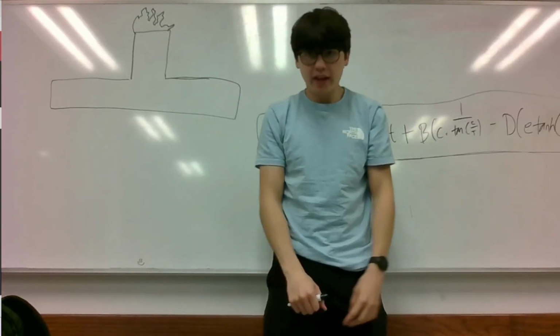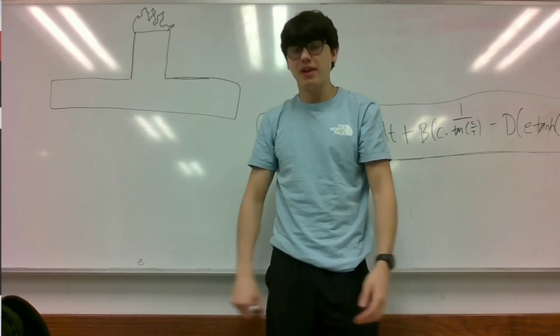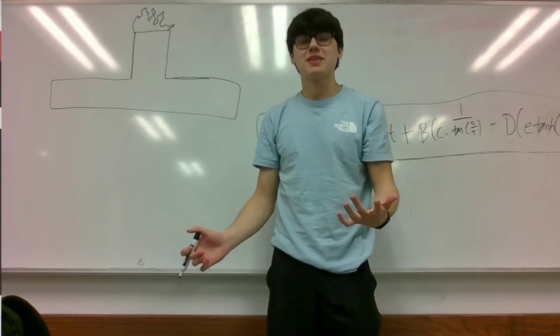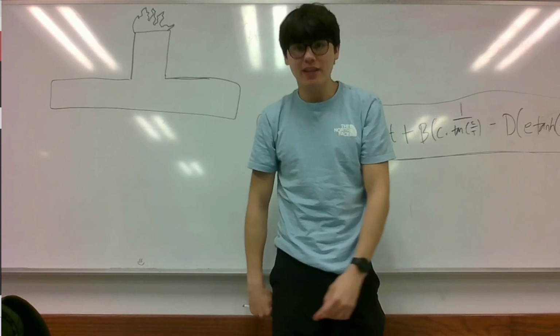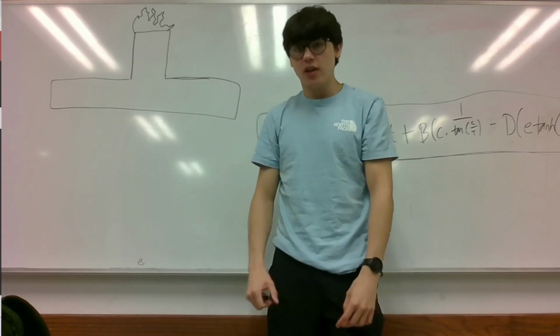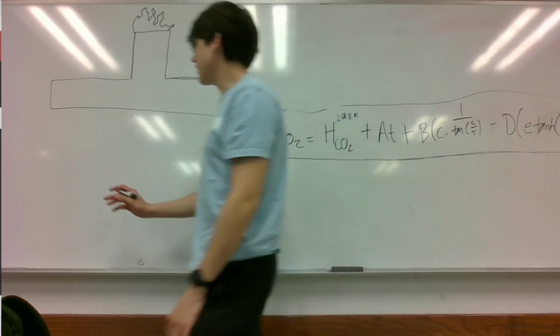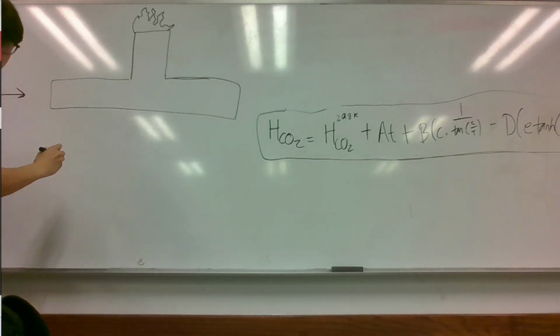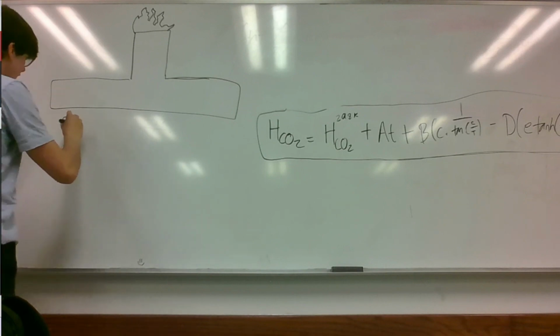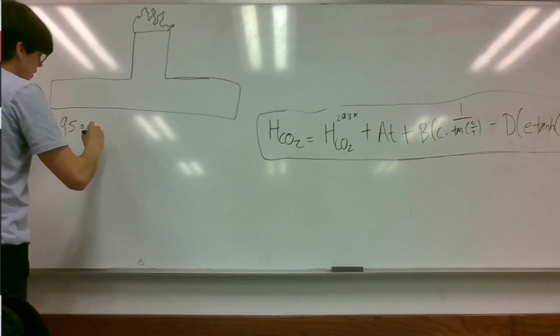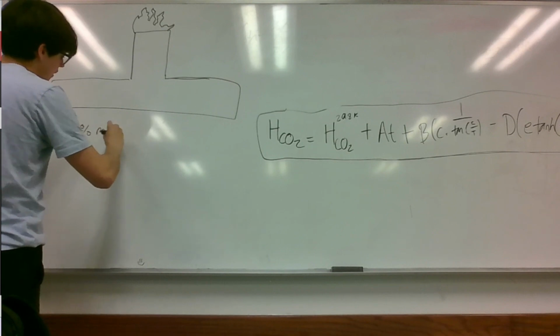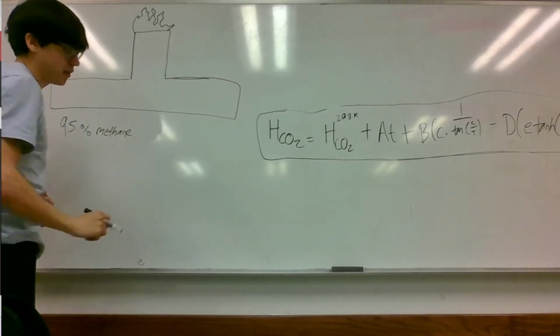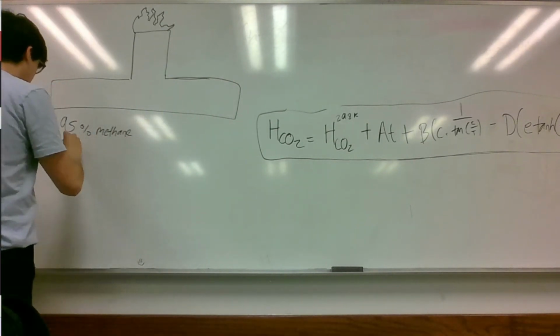Before we start coding it, I just want to give some knowledge on the problem we're trying to solve here. So the inlet here has some inlet of natural gas, and that is composed of 95% methane, 4%,